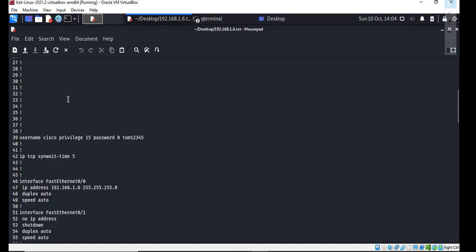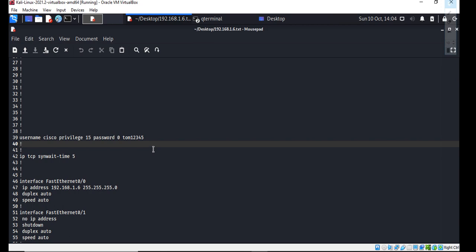While scrolling down, you can see here is the username given by Tom, the network engineer, and also here is the password that was given by Tom. Using these credentials, the attacker could access this router and perform further attacks or any other malicious activities.